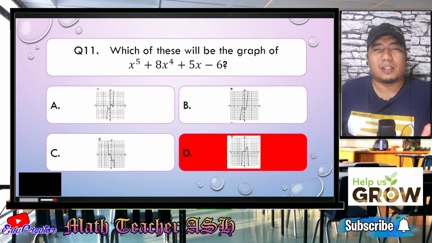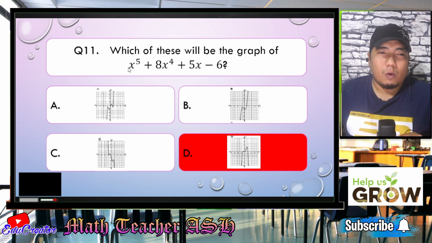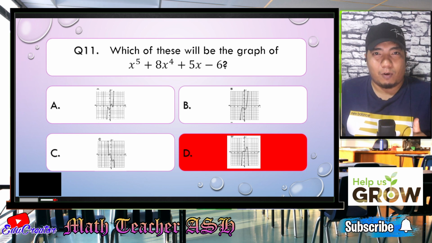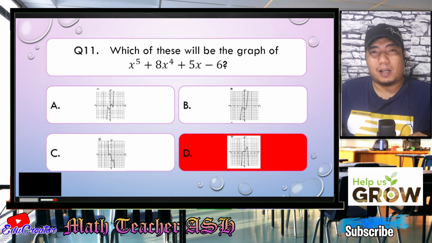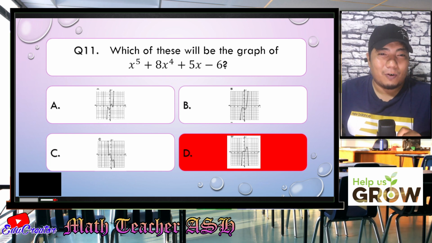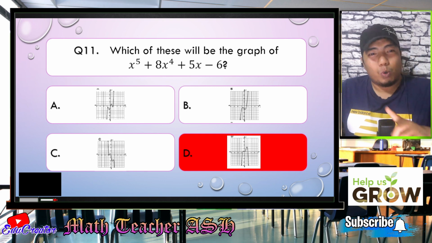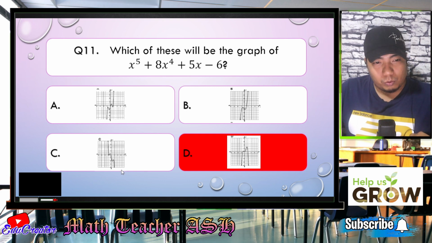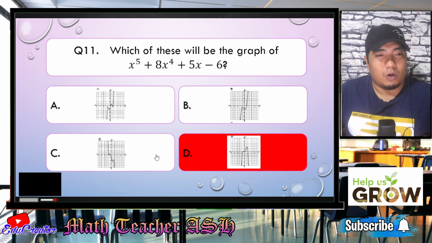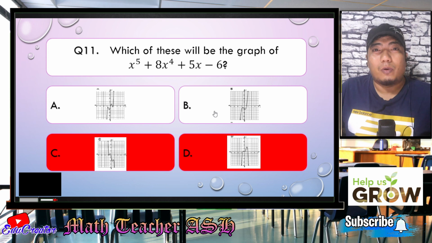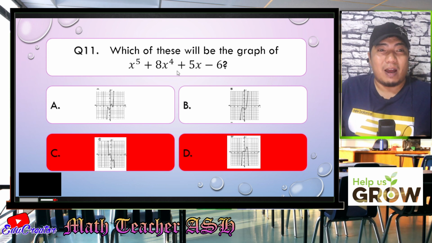Now, what's next to this one? Next is our leading coefficient. There is no number here, so it is understood +1. If it is +1, it means that that is positive. So when it is positive, it is increasing. So it starts from below, then goes up. So this letter C is wrong because it goes up, then goes below. This is decreasing. So this is wrong, letter C. Now, what we have here, A and B. Which of these two is the correct answer or might be the correct graph for our function?